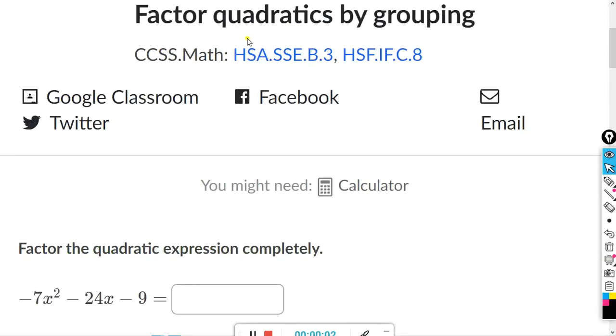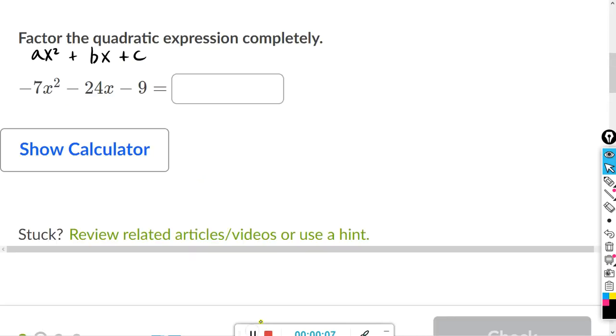This will be for the assignment, factor quadratics by grouping. So we know that a quadratic is of the form ax squared plus bx plus c. They want us to factor this quadratic here. a is the coefficient with x squared, b is the coefficient with x, and c is the constant term by itself. All right, and what you want to do is find two numbers